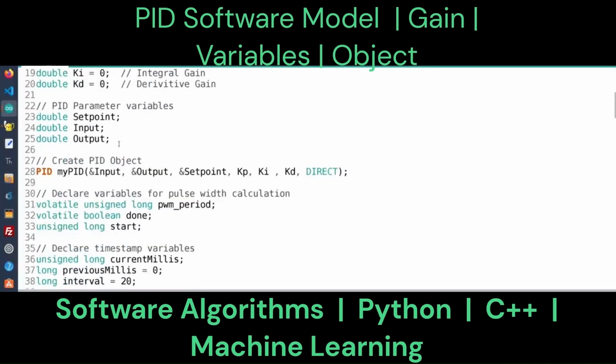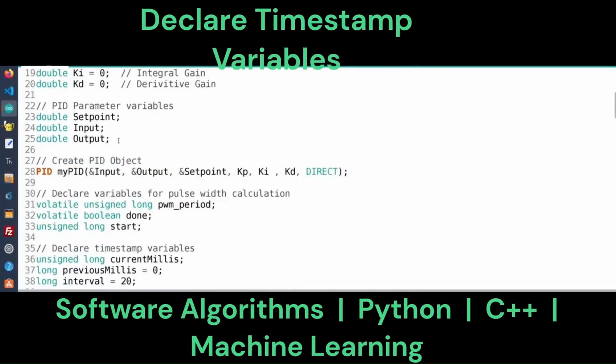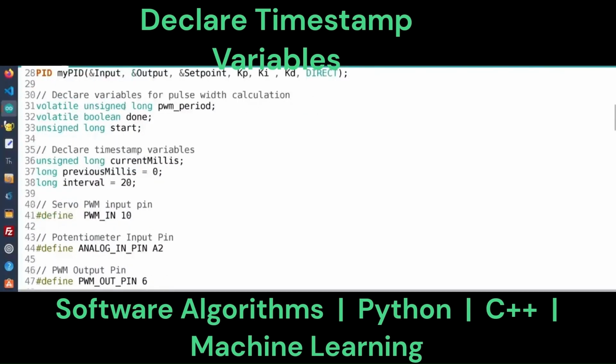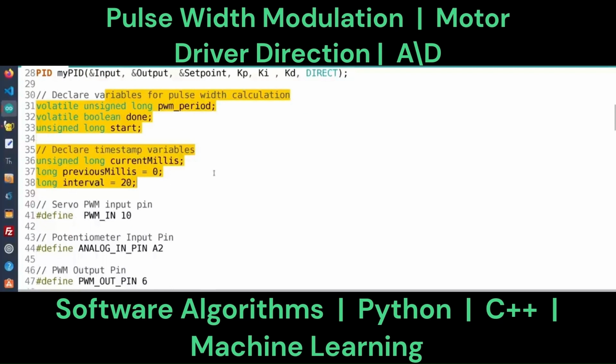Then set the mode, set the output, and set sample time. Now let's run the PID process to get output value. It's also indicated and illustrated in the software module and the software model presented in the video.